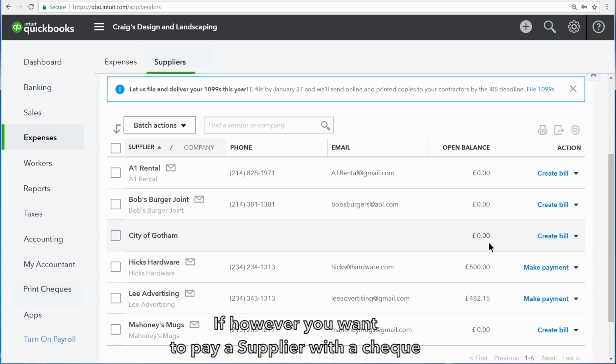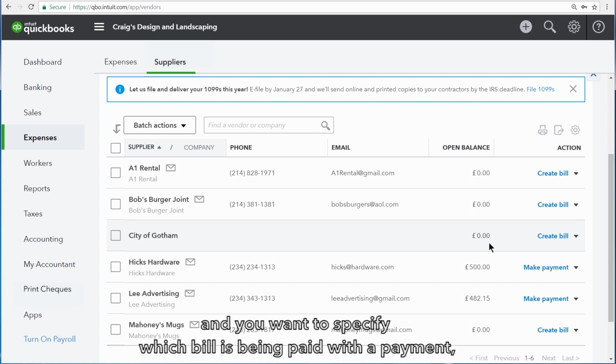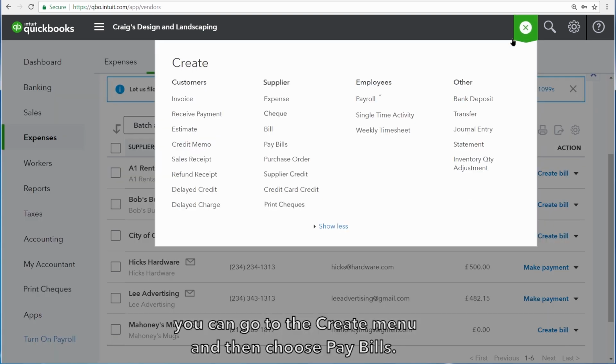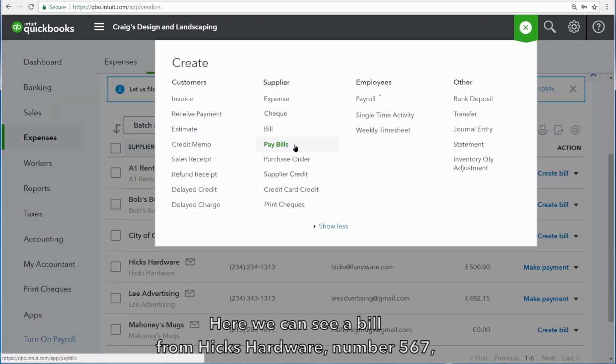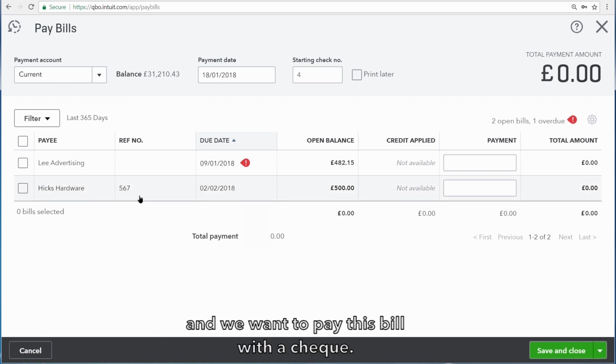If, however, you want to pay a supplier with a check, or if you have multiple bills with the supplier and you want to specify which bill is being paid with a payment, you can go to the Create menu and then choose Pay Bills. Here, we can see a bill from Hicks Hardware, number 567, and we want to pay this bill with a